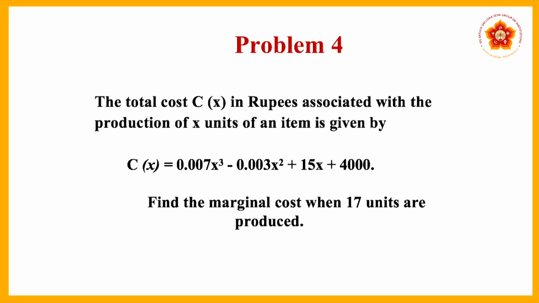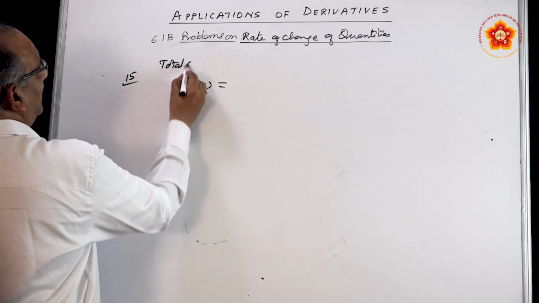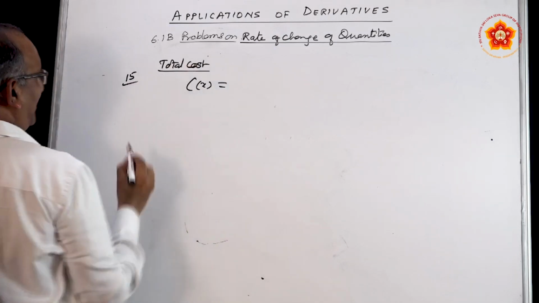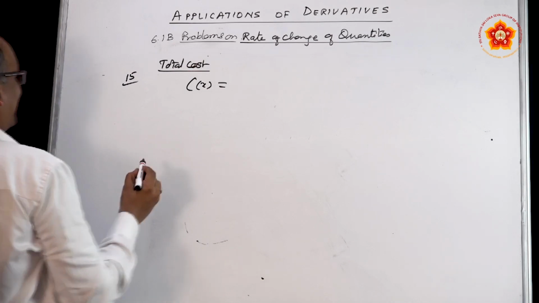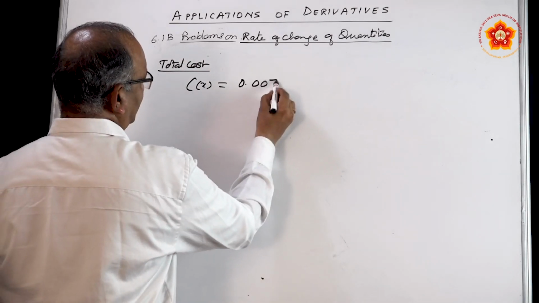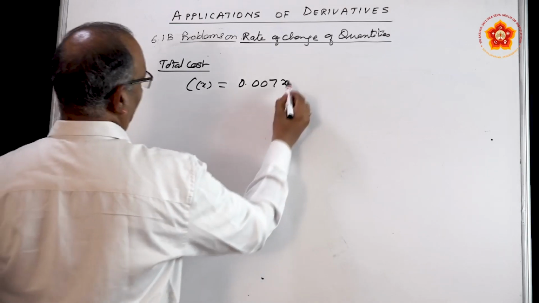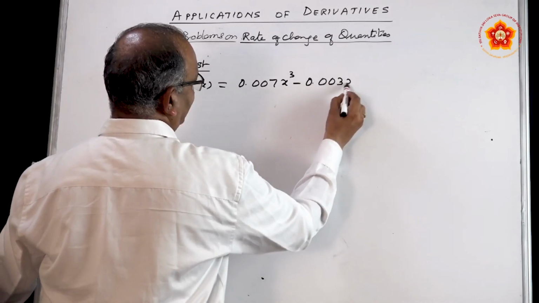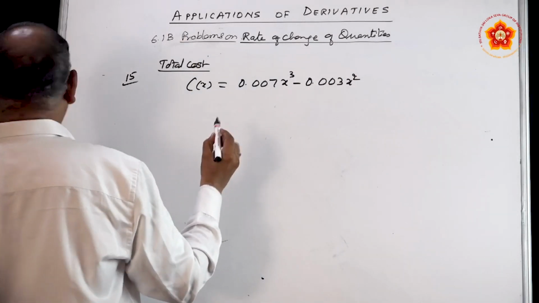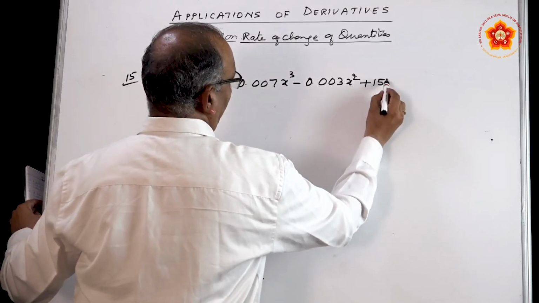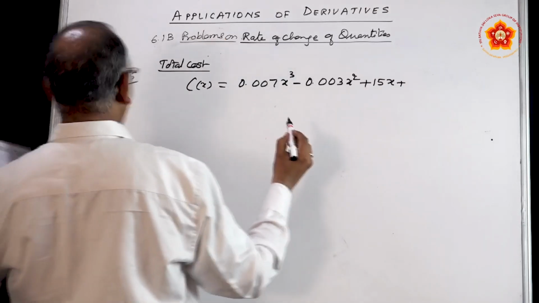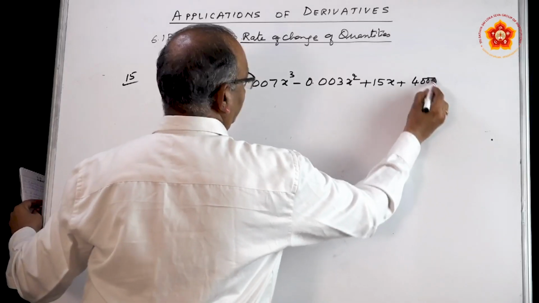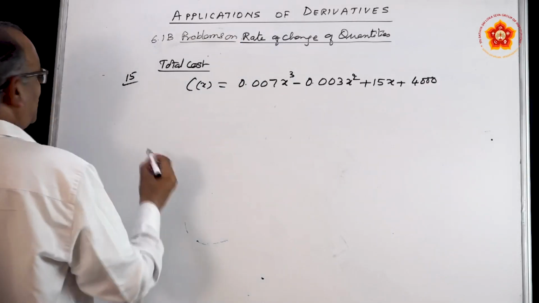He has given the function C of x. Remember, C of x is the total cost of production. C of x he has given as 0.007 x cube minus 0.003 x square plus 15x plus 4000. And what is it that he is asking? He is asking us to find out